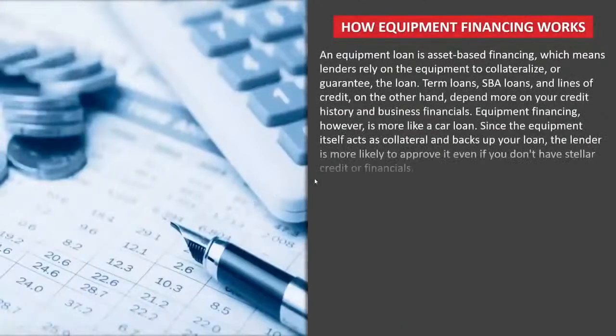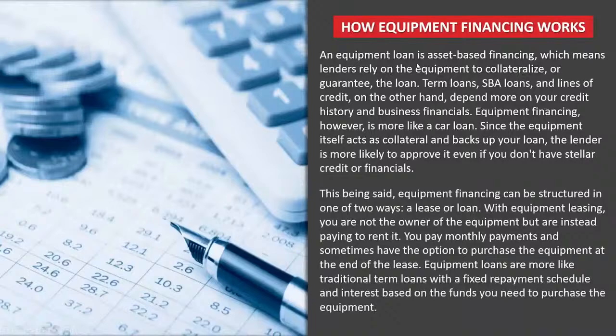How equipment financing works. An equipment loan is asset-based financing. Term loans, SBA loans, and lines of credit depend more on your history and business financials. Equipment financing is more like a car loan, since the equipment itself acts as collateral and backs the loan. The lender is more likely to approve it if you don't have stellar credit or financials. Like I said, the actual asset is used as collateral, so if you're buying that particular truck or piece of equipment,